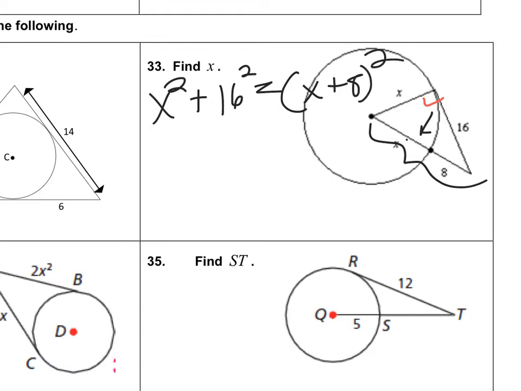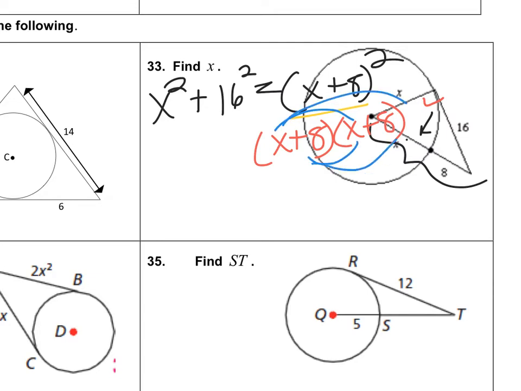Now, I'm going to stress this part because this is where most of the mistakes are. First of all, this is saying you have two factors of the binomial x plus 8. So we need to be using our FOIL method, first, outer, inner, last, or the box method. But you should always have 3 terms after you multiply the two binomials together. Now, on the left side, we'll end up with x squared plus 256 equals,